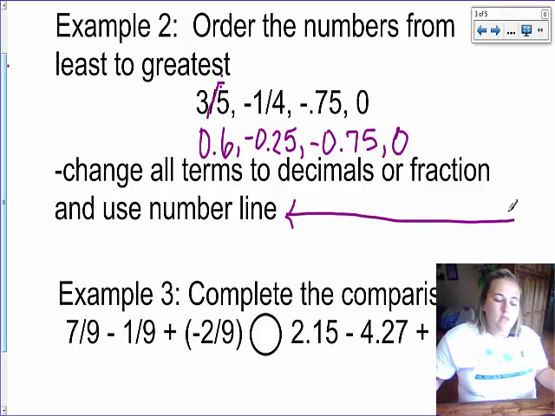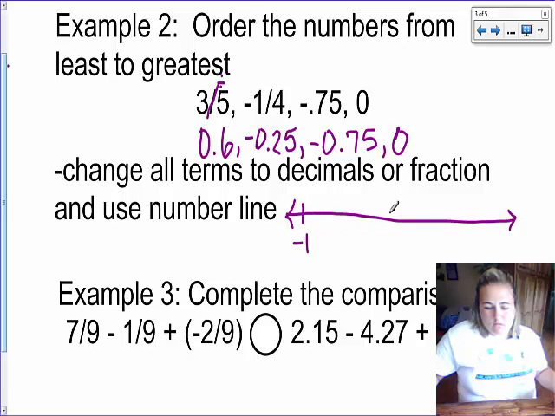I can see that I have 0, and I have numbers on both sides, negatives and a positive here. This is less than 1, and these are both more than negative 1, so it's going to fall between